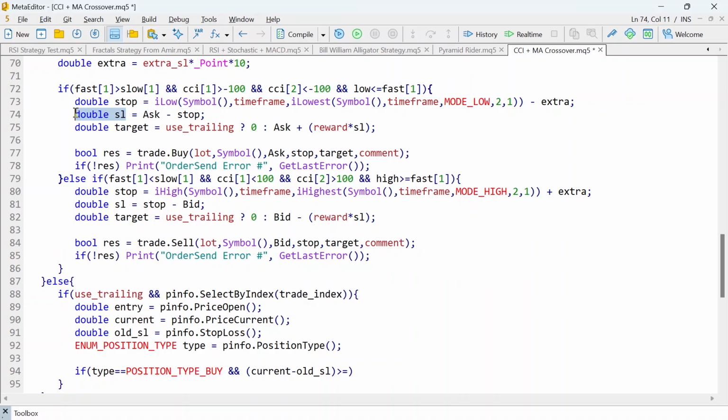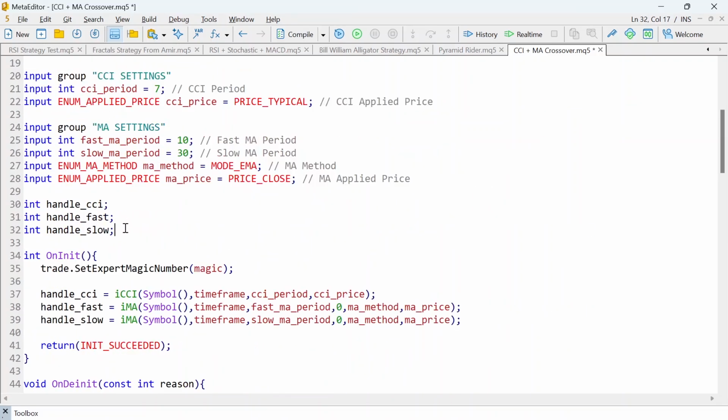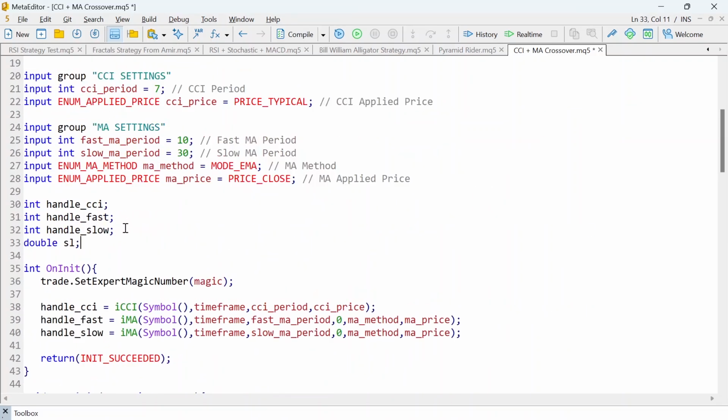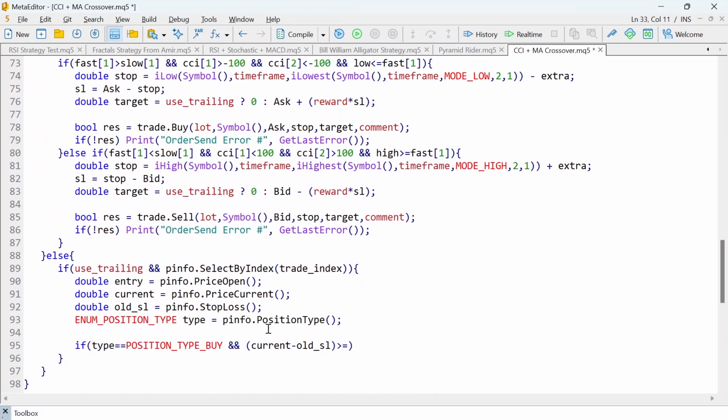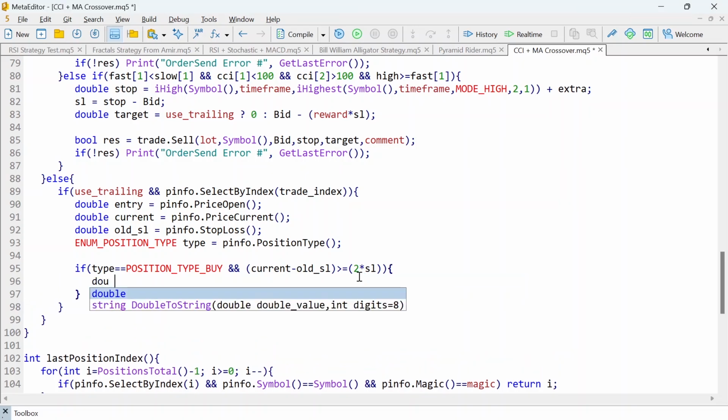So here, instead of declaring and assigning, we are only going to assign a value to this XL variable. So I'll just take this out, to just be assigning here. Then we are going to declare this in a global manner, which is here, right? So that means we will have access to it here. So we want to make sure that the gap between the market price and the old stop loss is times 2 of the gap of the stop loss, and if that is it,